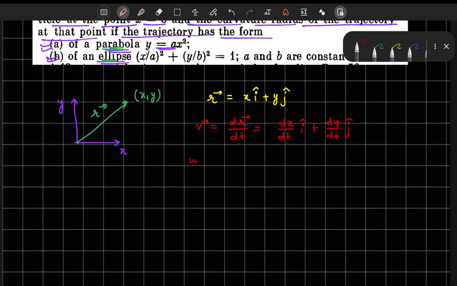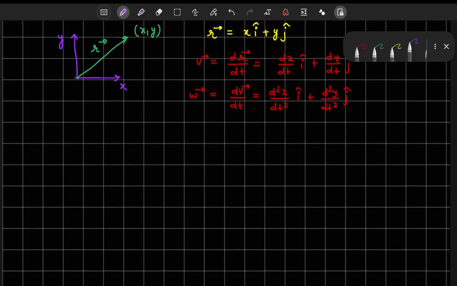So we will get the acceleration vector, represented by w vector, that we can write as dv upon dt, that is d square x upon dt square i cap plus d square y upon dt square j cap. Okay, and in the first problem it is given that the equation of trajectory